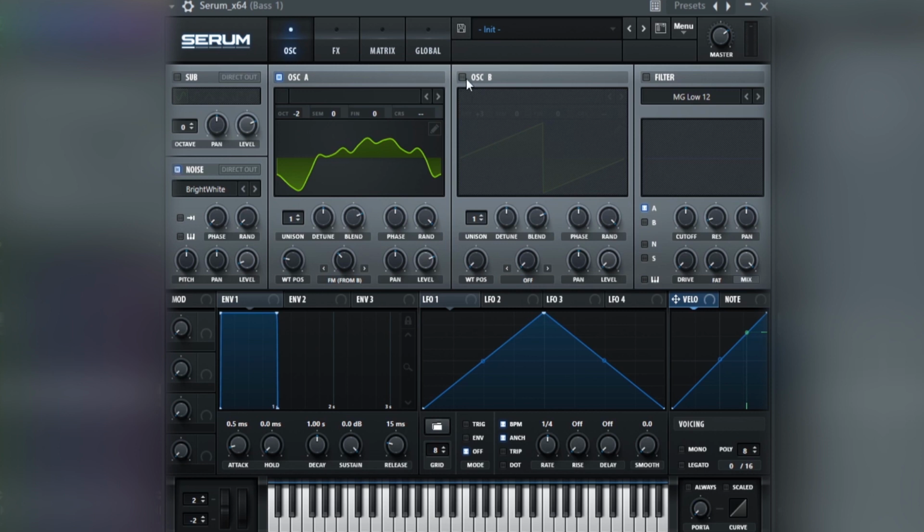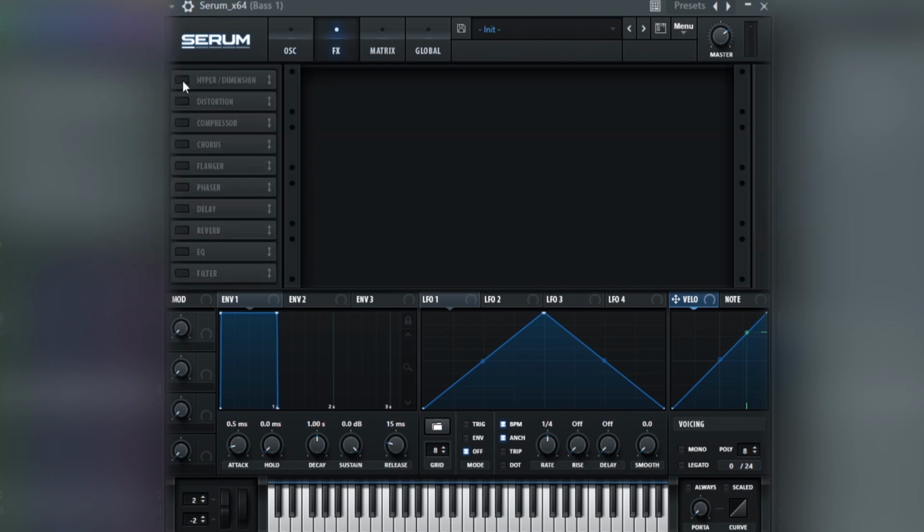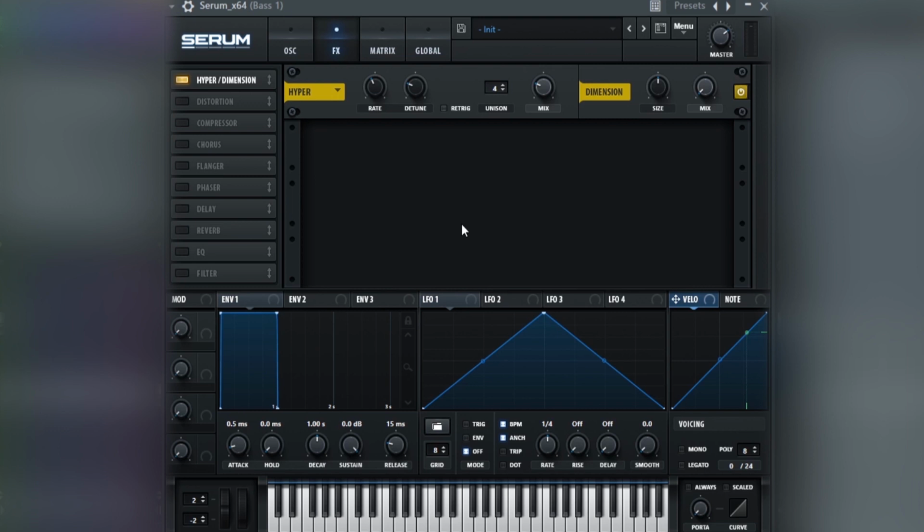Now the second thing I did right here is I put this oscillator B on the normal saw wave, but I pushed it up 3 octaves and I did some frequency modulating, making this a very high pitched sound you hear. Now to finish this off, I added some effects to this, starting with Hyperdimension to make it sound a little bit more wide,